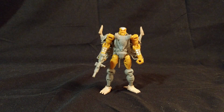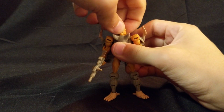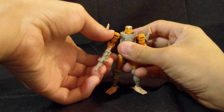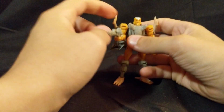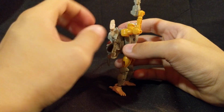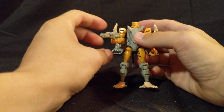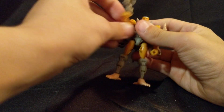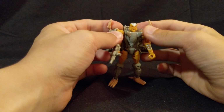And I'll quickly go over articulation. At the head, he's just got a swivel. It might be a ball joint, but it's so hindered it's really just a swivel. His arms can go pretty much all the way up thanks to the ball joint here, which is a little weird. He can go forward pretty much perfectly, but he cannot go backwards at all, thanks to the way it's engineered and because of his backpack. So he's pretty much got some weird swivel here. At first, it's going to be weird, and it likes coming down, but